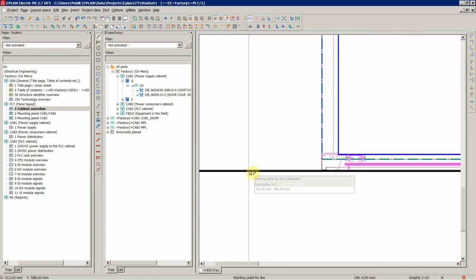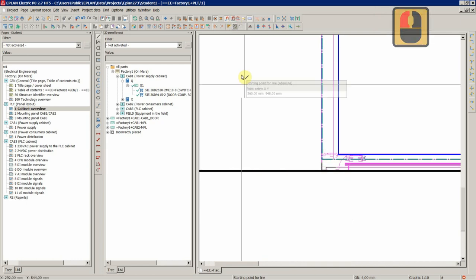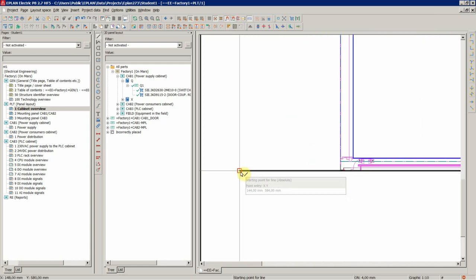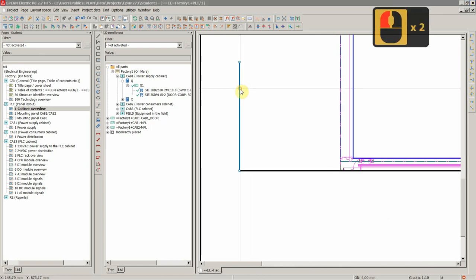Object snap. I'm gonna go up with this one and say from the ground level